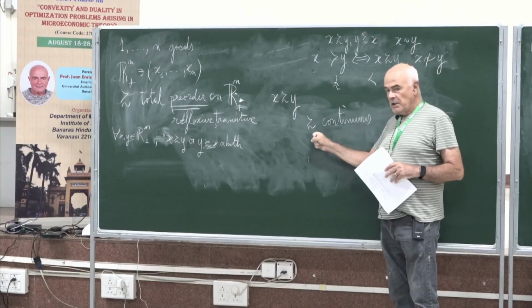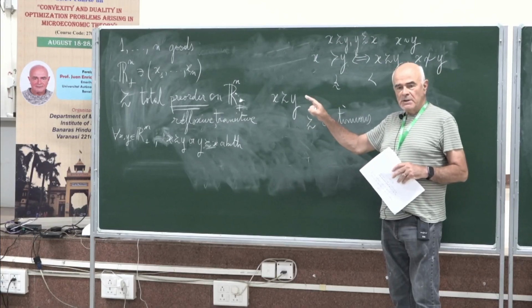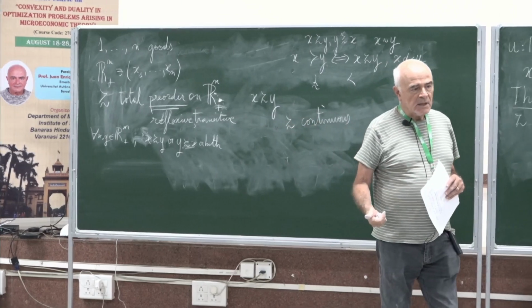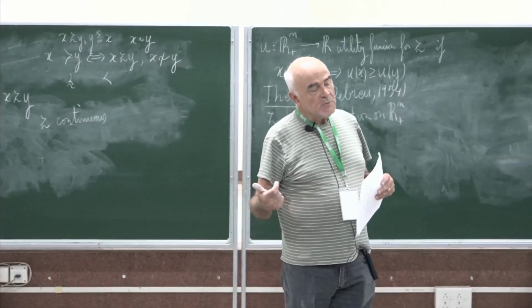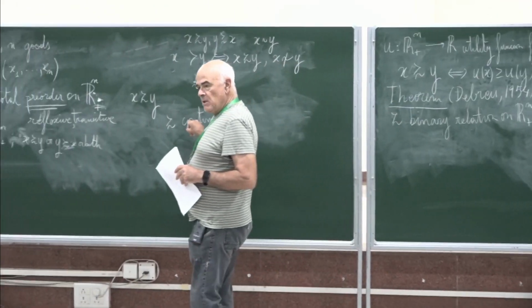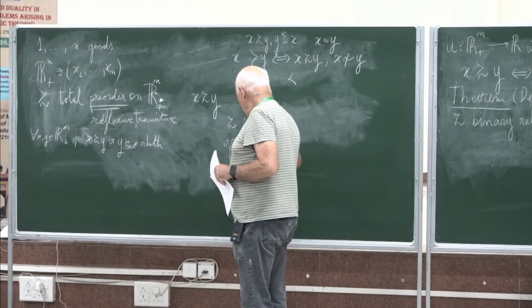That if you have relations, xk related to yk, and k goes to infinity, they converge to x and y, then in the limit, the same relation holds true. In other words, this being continuous means that the graph of the relation,